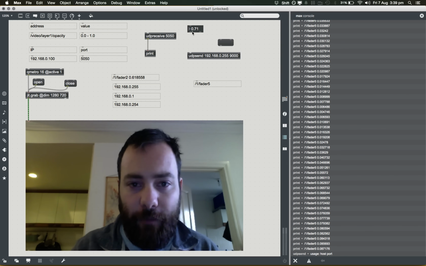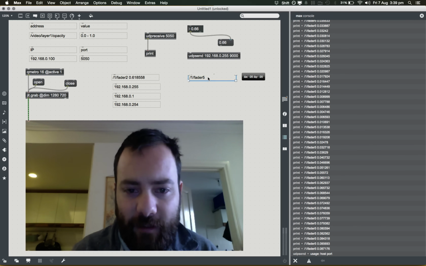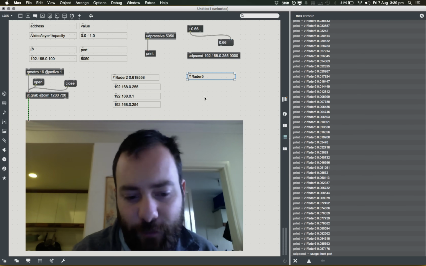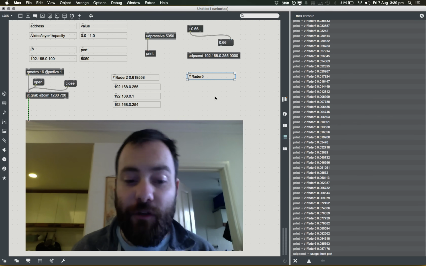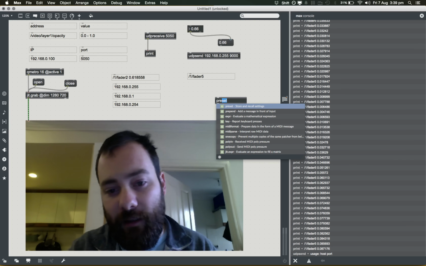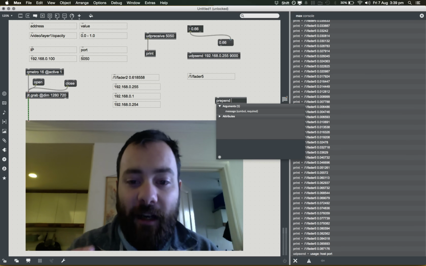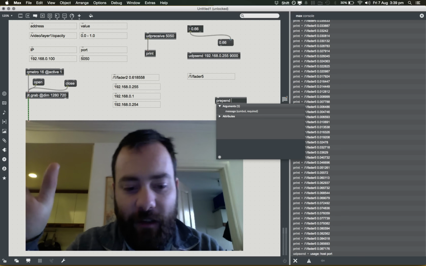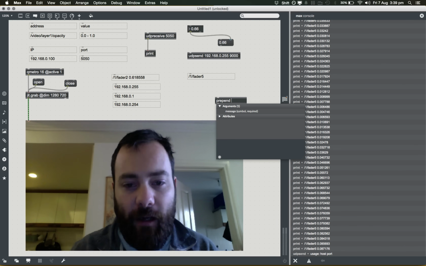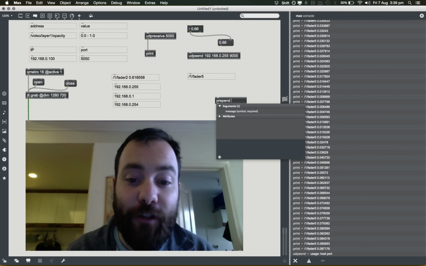And you can see this is just a floating point number from 0 to 1. And if we have a look at what it's outputting, you can see it's just a bog standard floating point number. So we want to connect that to this little piece of information, /1/fader 5. We're going to do that using the prepend object. So I'll type P, R, E, P, there it is, prepend. Prepend will take its argument and stick it to the front of anything else that comes in. So for example, what we want to stick at the front is /1/fader 5. So we'll use that as our argument,